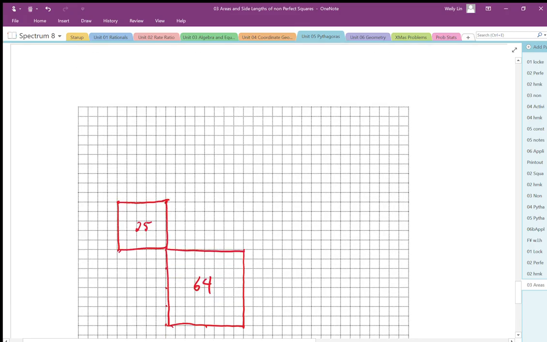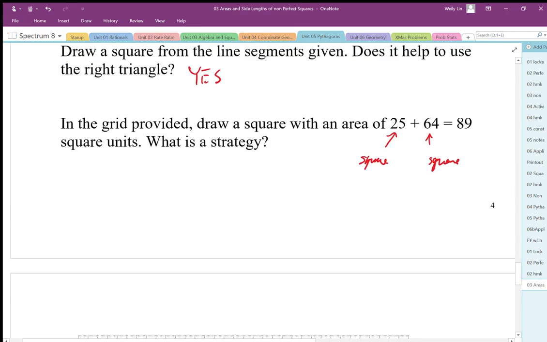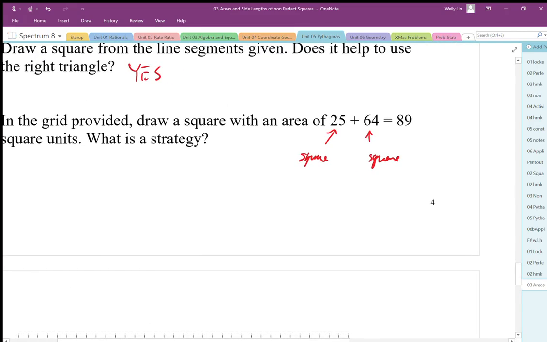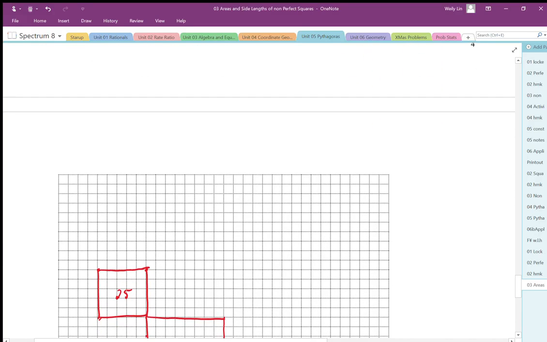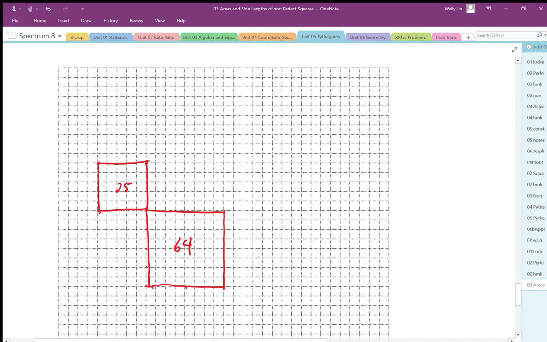Okay, so the last problem that we wanted to look at was how we can make a perfect square of 89. And we're given a bit of a hint here that 25 is a perfect square and 64 is a perfect square, and those add up to 89. So I've drawn out a 25 square and a 64 square, and what we were talking about before, and I don't know if this is going to always work, but it seems like if I use this right triangle,